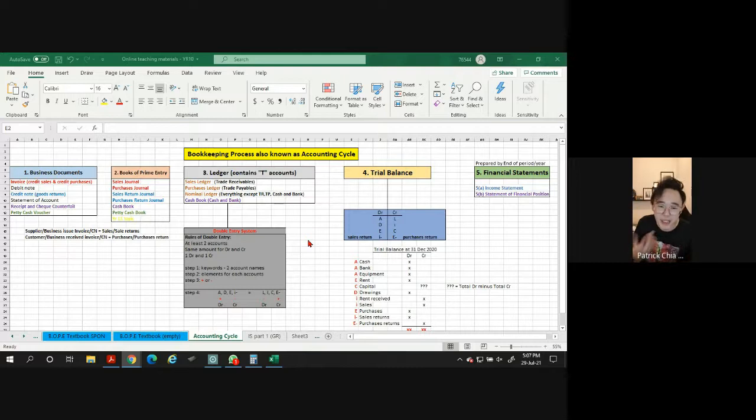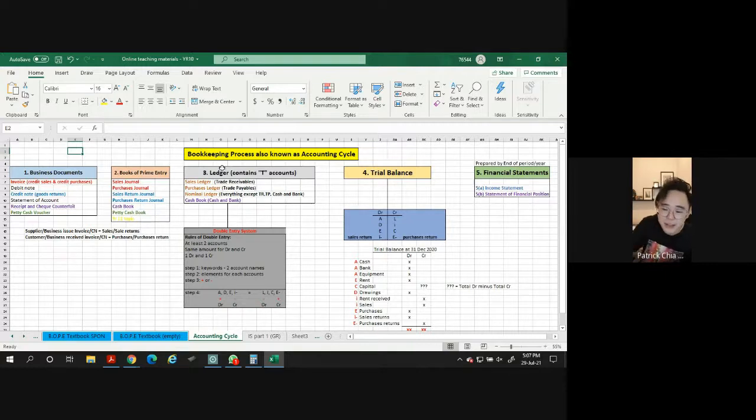Just for you guys to know. But of course, syllabus-wise, we have no choice, so we have to know part by part what we are doing in every step before we can do the last part, the reporting part. So 1, 2, 3 is actually bookkeeping, right? Process 1, 2, and 3. This is all the bookkeeping.